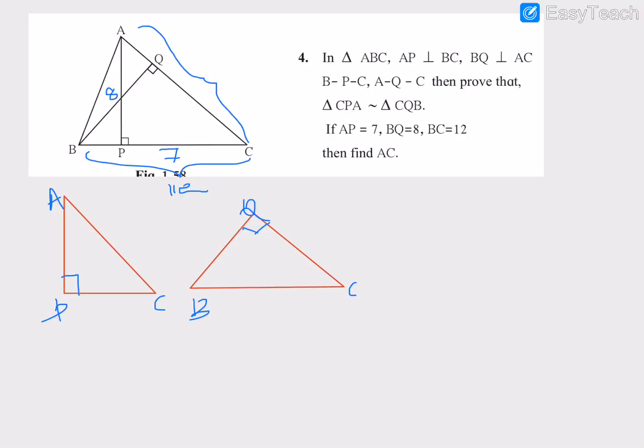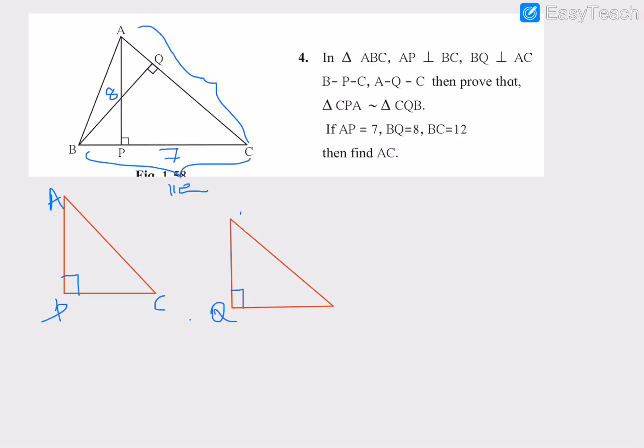To make them similar, first we have to find the corresponding sides. By looking at the figures, we cannot find a side corresponding to A in this figure, so we have to make them corresponding sides. For that I am tilting the position of this triangle, that is BQC or CQB's position, I am just turning it similar to that of triangle CPA. I have turned the position of the triangle CQB.